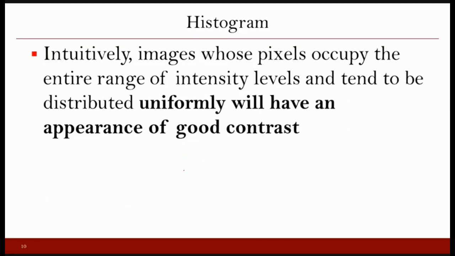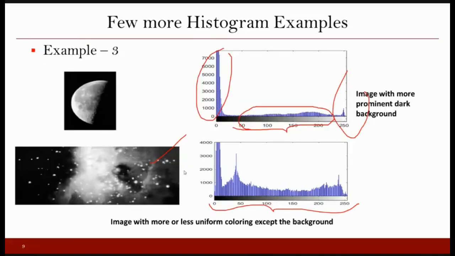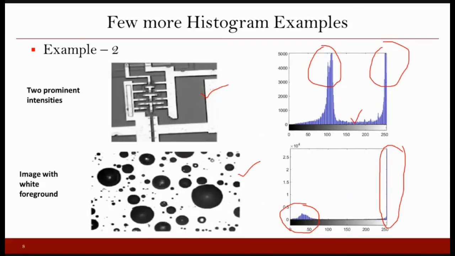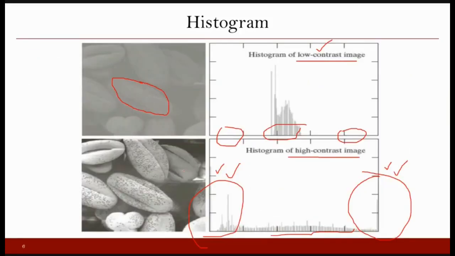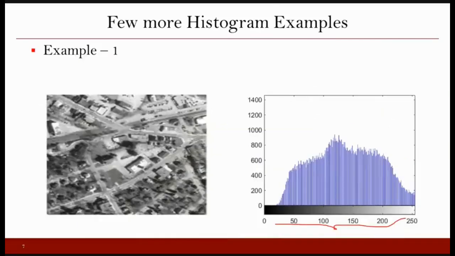So intuitively, if you see from all these examples, which image is a good image or which image is a bad image can actually be decided based on the type of histogram it has. If the histogram is accumulated at one place, or you have some clusters in the histogram, then from that you can get the information that the image is not a good image. So what image is considered a good image? In this example, we see that the image has neither very high contrast nor low contrast, nor is it a light image or a dark image. It's a kind of balanced image.